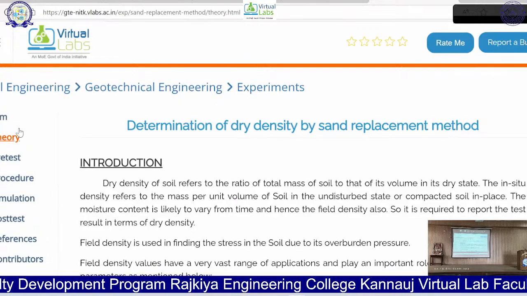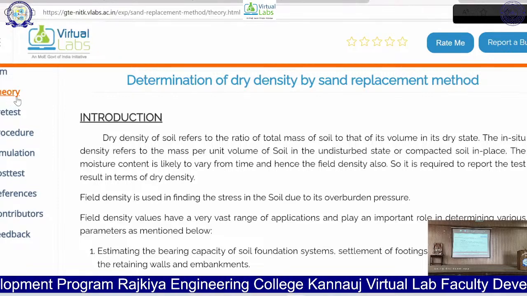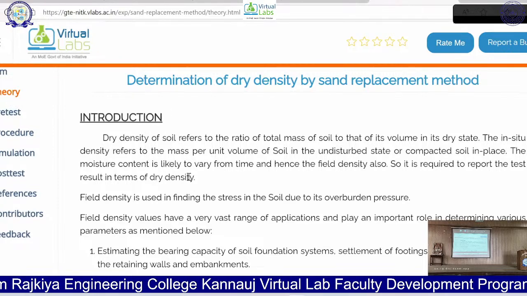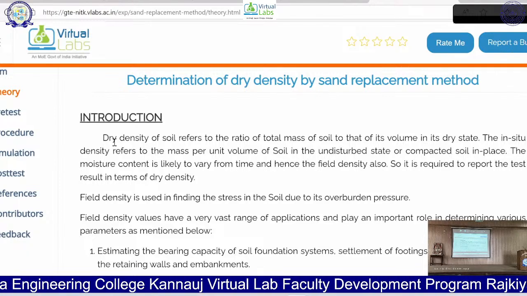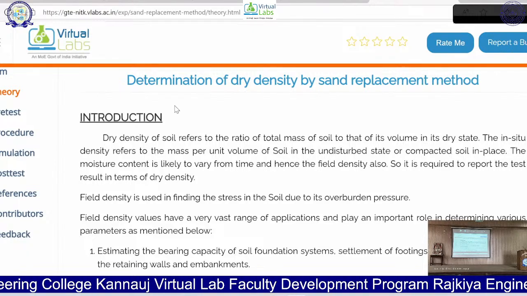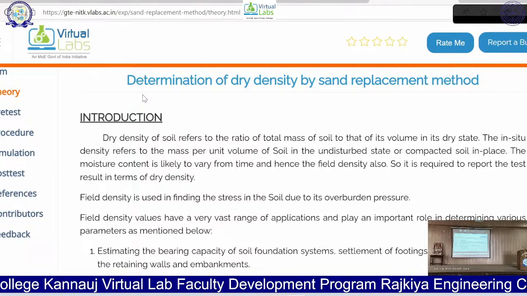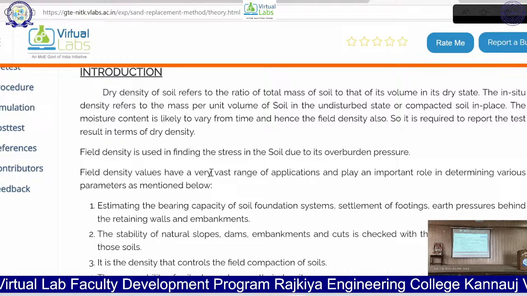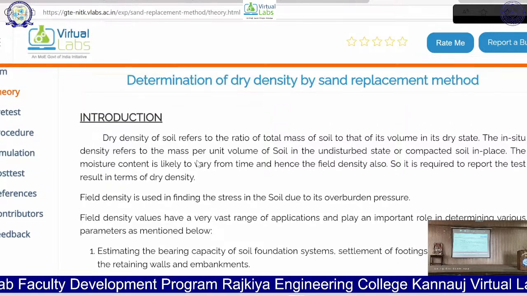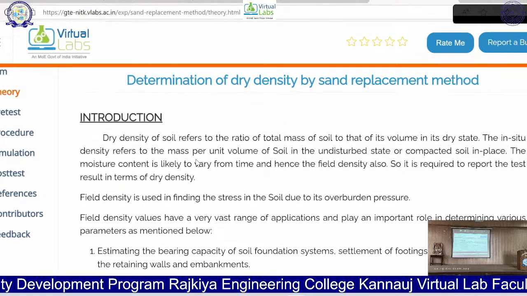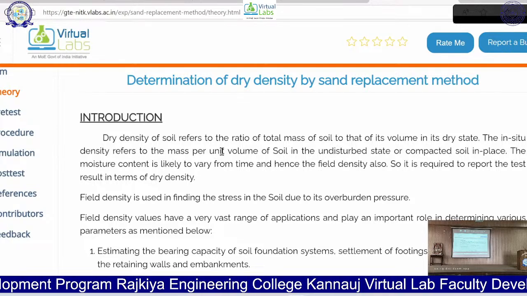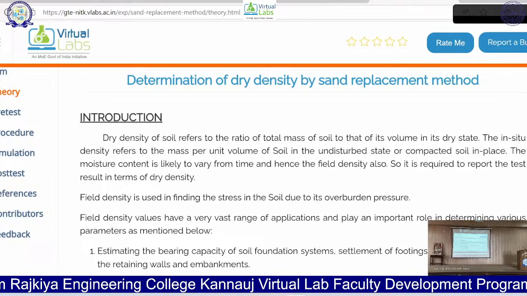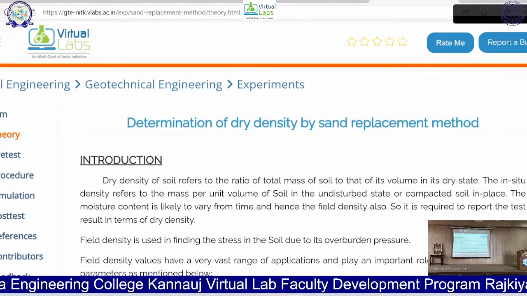Now after this, we will click on the theory tab. Here you will get all the theoretical details related to this experiment, that is the determination of dry density by sand replacement method. All this will already have been taught to the students in the physical class, during the teaching process in the class.